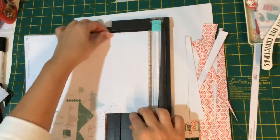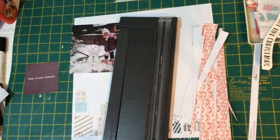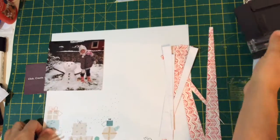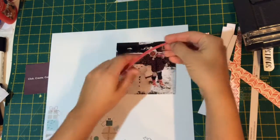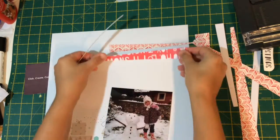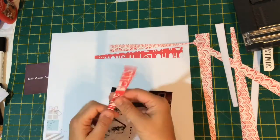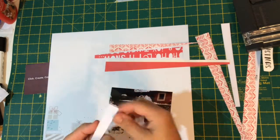Basically, I used up all the paper that I had and most of the embellishments. I am very happy with the amount of layouts and a mini album that I was able to produce with just one kit. I think I've done about seven or eight layouts and the mini album, not very sure actually. But anyway, this layout,